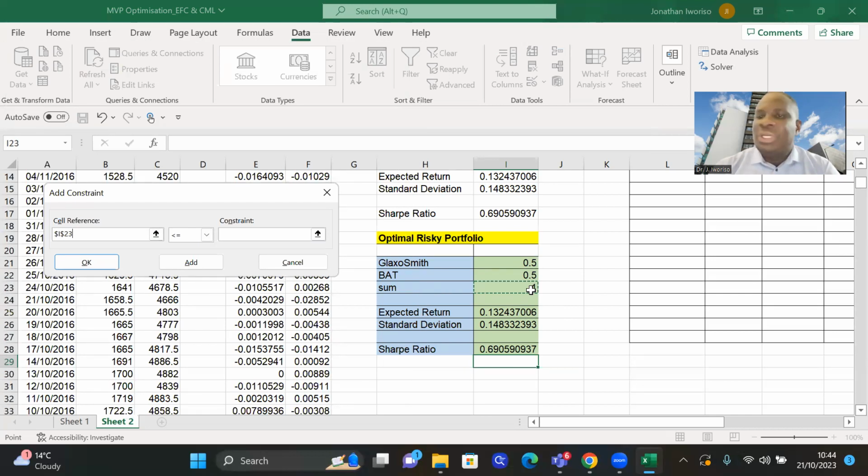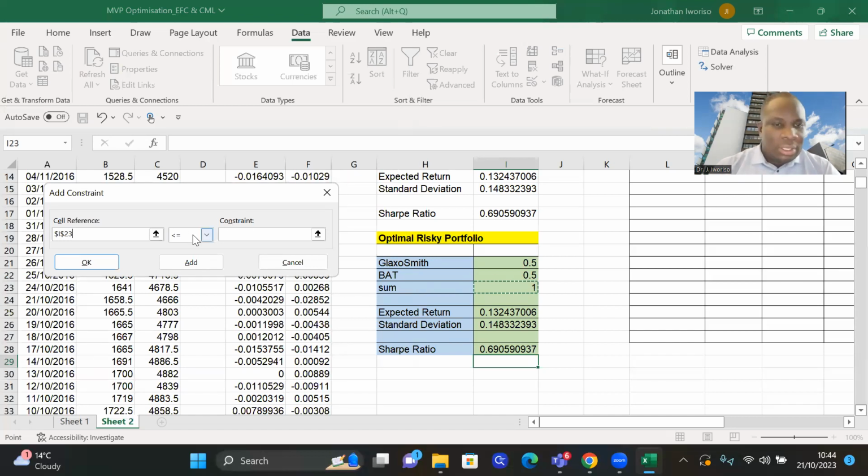Otherwise, it could give you different values, positive, negative for the weight. We actually want the sum of the portfolio weight to be 1. It could give you some less than 1, greater than 1, but where you're restricted that the sum must be equal to 1, then Excel will do exactly what you want, or will give you the result you expected. So this is a necessary condition. The sum of the portfolio weight must be